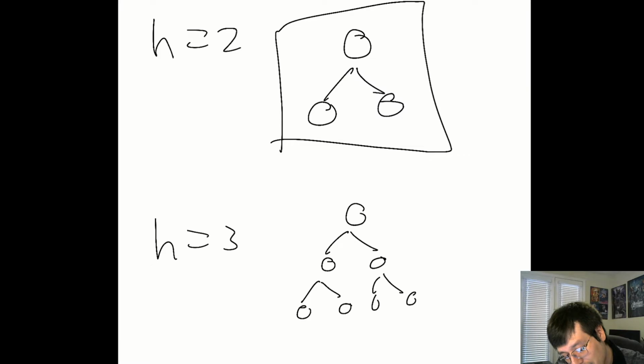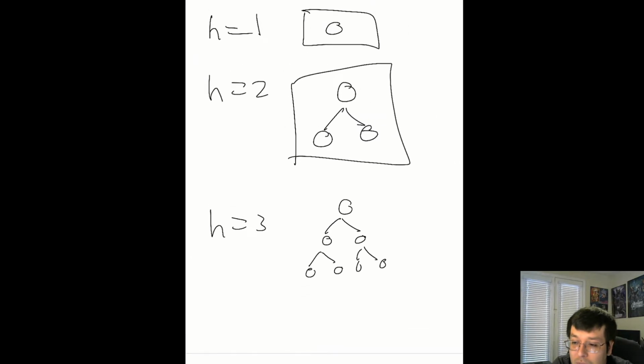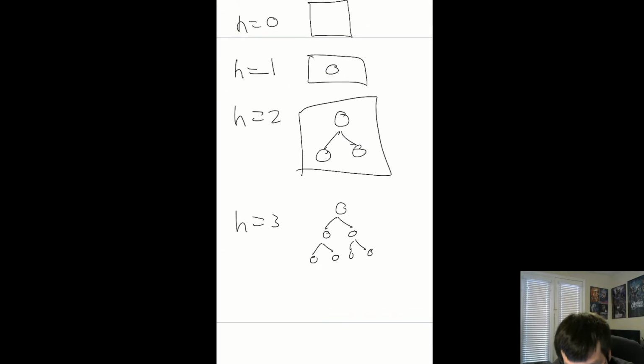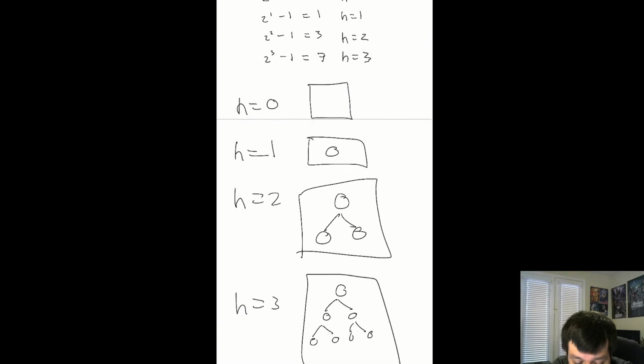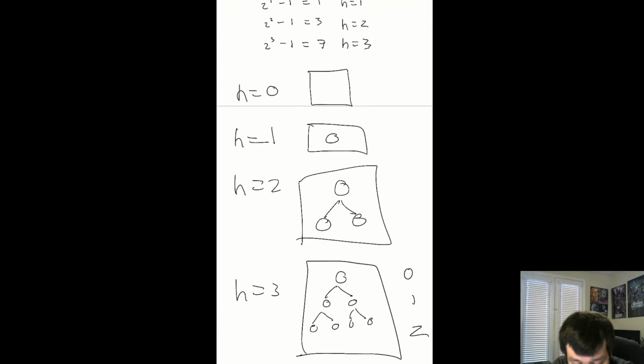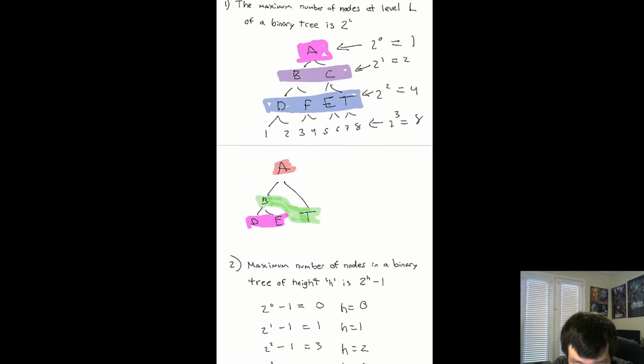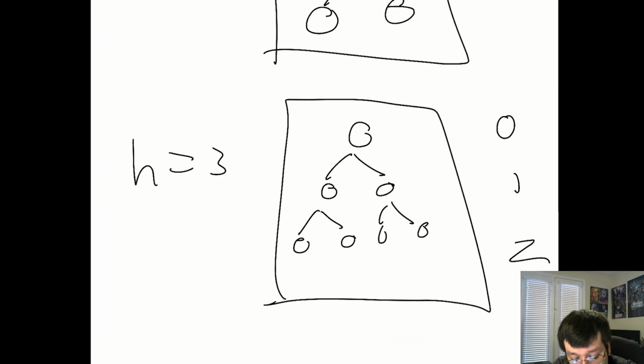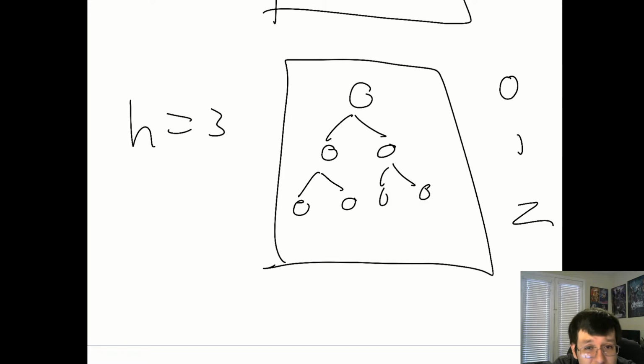So this is where it gets trippy when you start counting from 0, because if I ask you the number of levels this has, you start counting from 0 and say, well, this has 2 levels, right? 0, 1, and 2. And that's kind of what we were doing here. So you could say this is 2 levels, but it's technically height 3. It gets kind of wonky. And also you can consider height to be the number of edges. So you see 2 of them. So why is it 3?